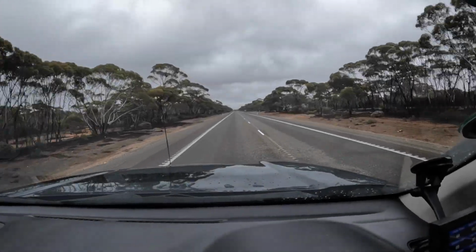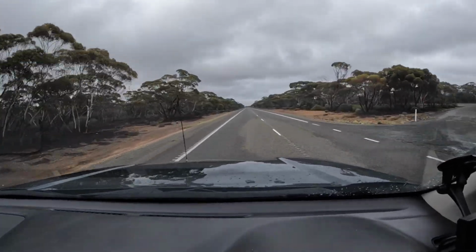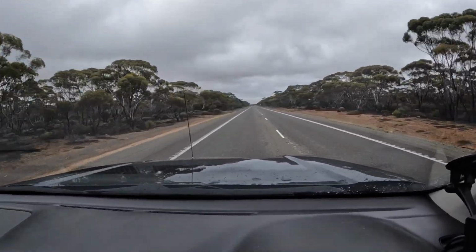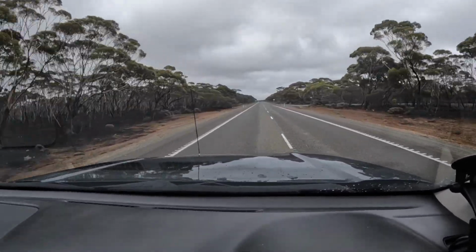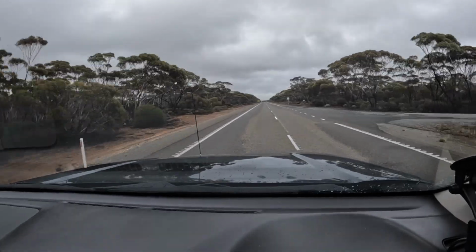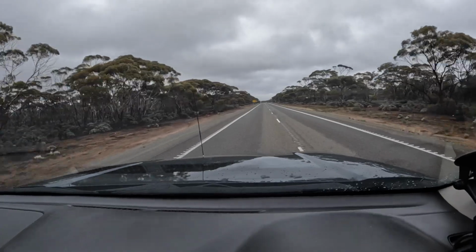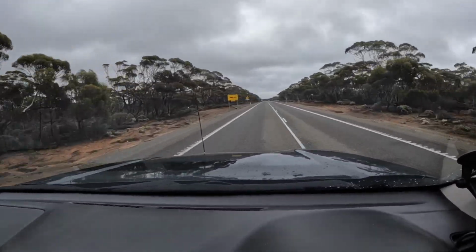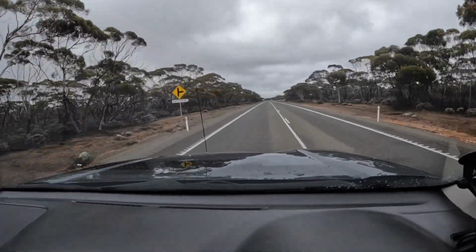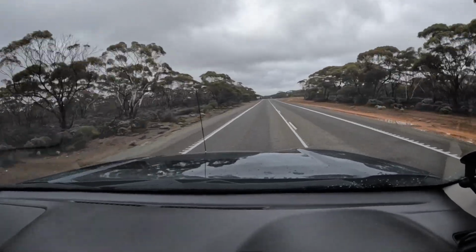Cheers guys, see you. Well, good morning guys. Last night, as I mentioned, I stayed at Newman Rocks. I'd been fighting the weather all day, but it tended to clear up, so made camp, had an early dinner, and basically I was in bed by about 9 o'clock. It was just about to start to rain again, so I got a little bit of rain overnight, which is no big deal. Got up this morning, very overcast, but managed to be able to pack up in the dry,